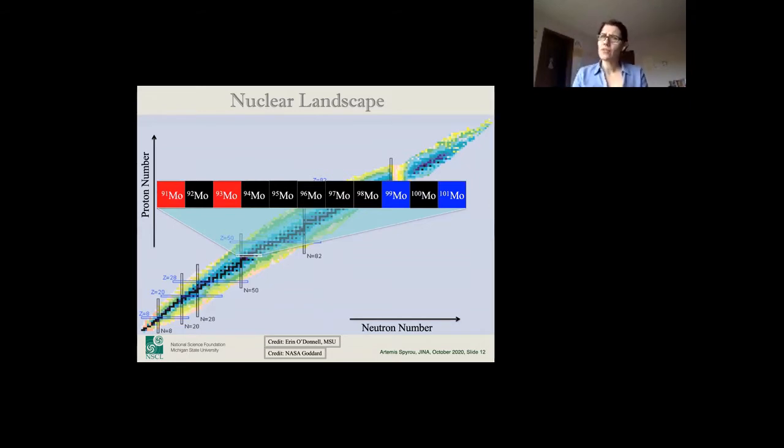Really, if we think about it more carefully, the question of where the elements are made is not the right question to ask, because each element is made of multiple different isotopes. I'm sure you heard about that from previous lectures. And so each of the isotopes for every element could be made in a very different stellar environment.